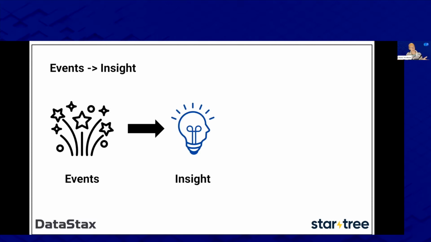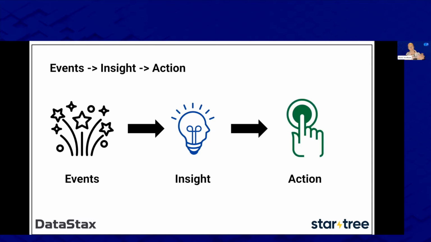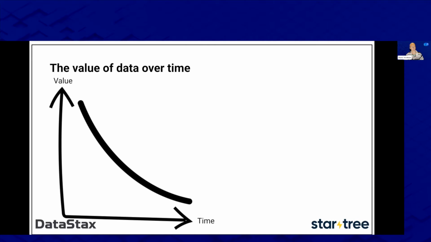If we think about events, everywhere there are events. Maybe I ordered something from a website, or I captured a reading from a thermostat, or I walked somewhere. All these things are events that can happen. Events are all right on their own, but they're more interesting if we can get some insight from the event. What can we find out from it? And then once we've done that, we want to be able to take some sort of action based on the insight that we've derived from that event or from that stream of events. That's what we're going to be talking about in our talk.